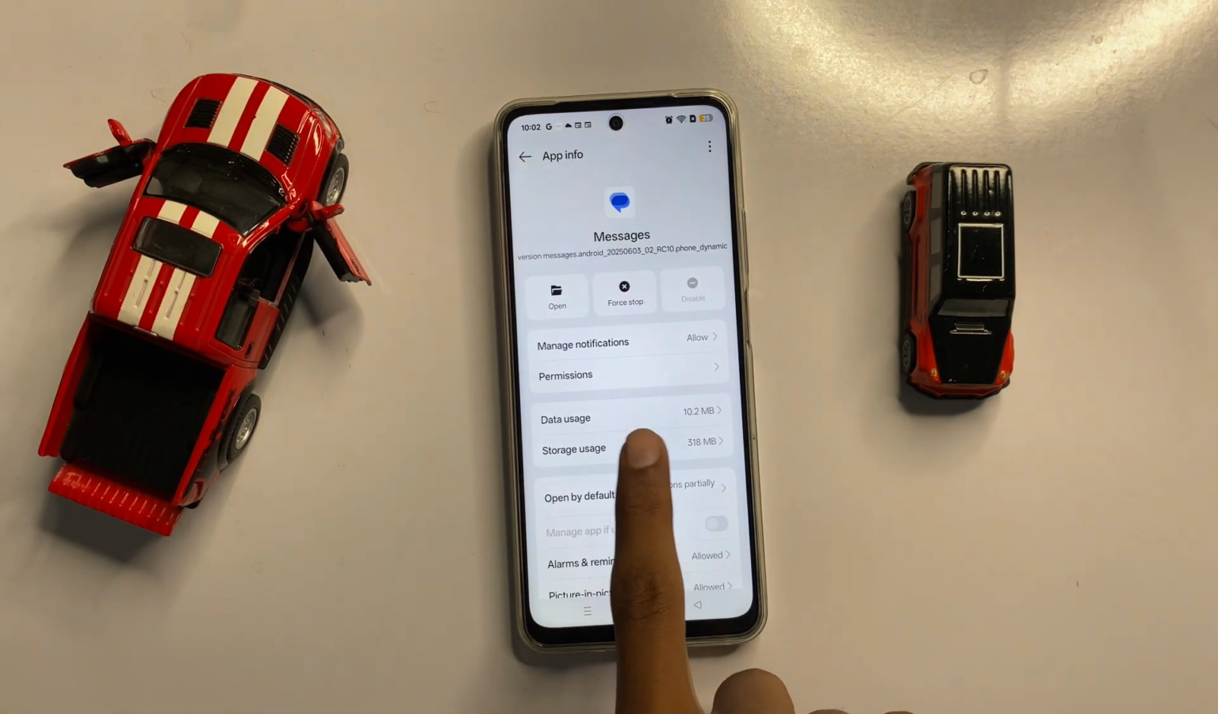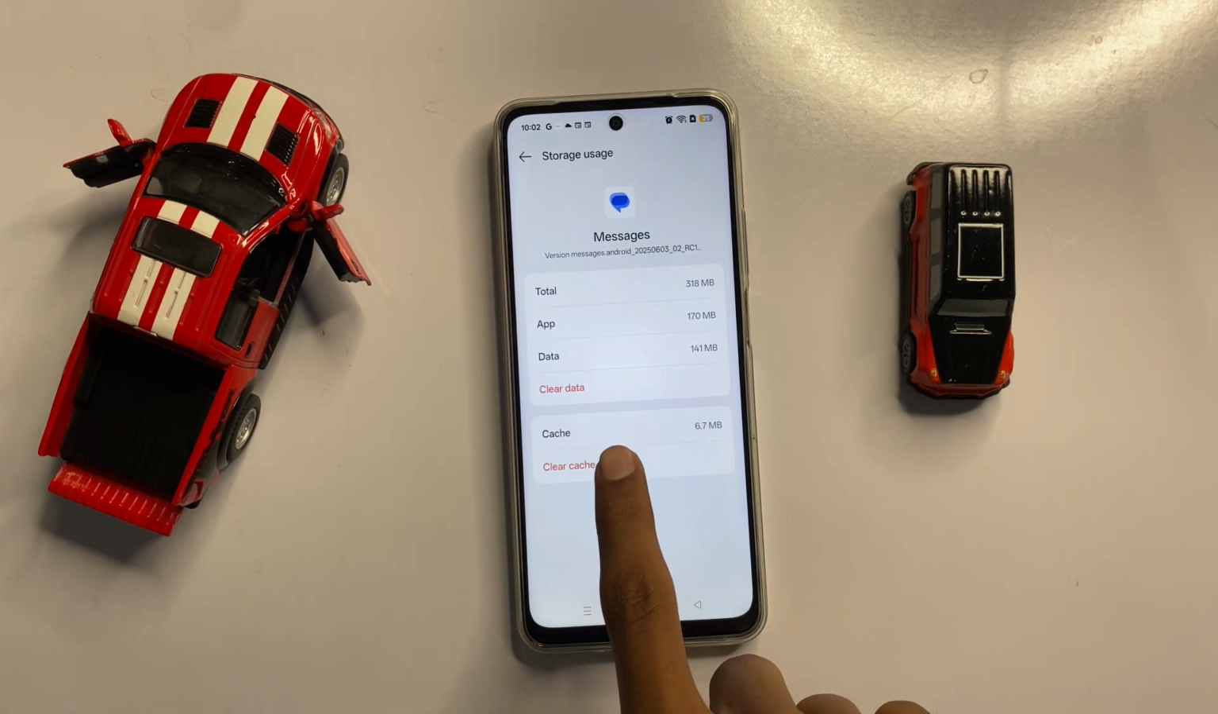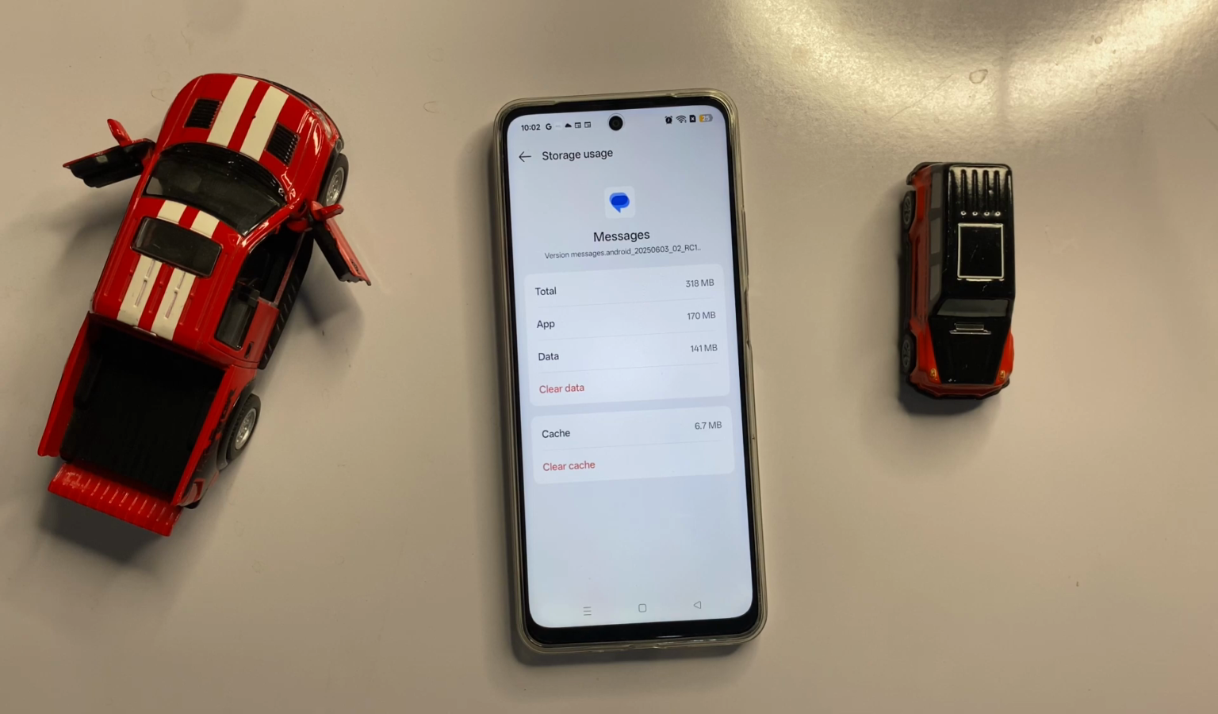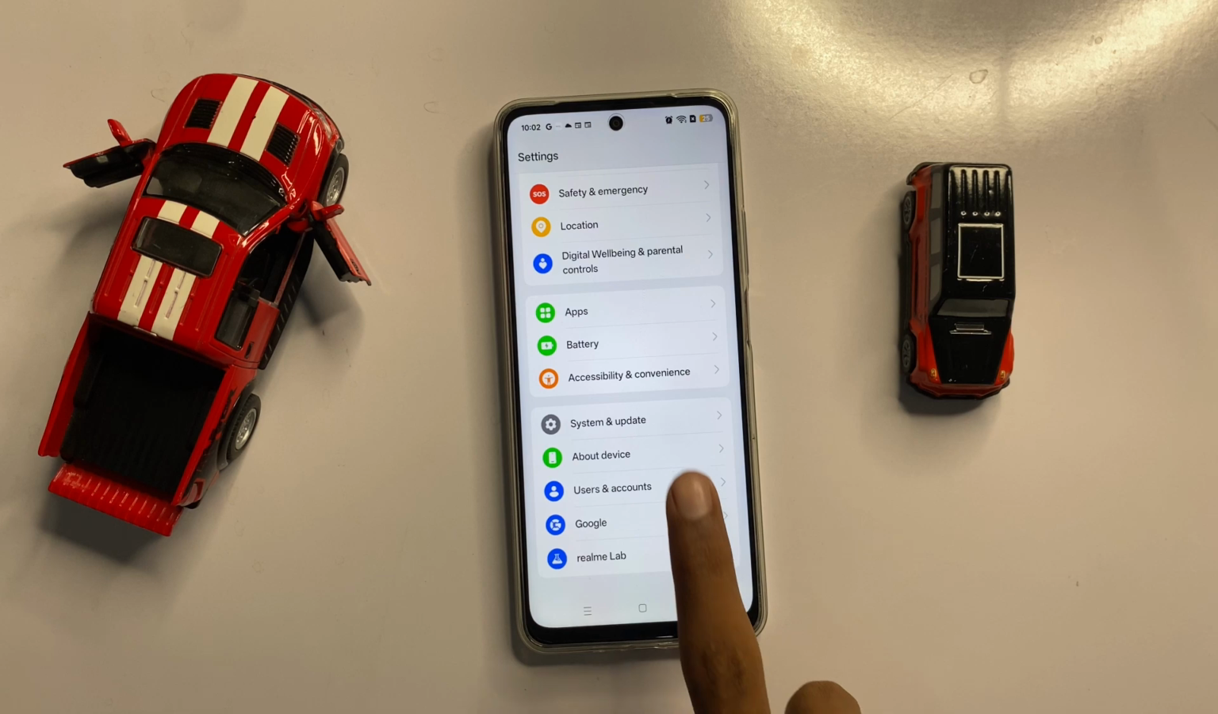Now click on storage usage. Now here you can clear the data and cache memory of messages app. After clearing data and cache memory, go back to the main page of your settings and click on system